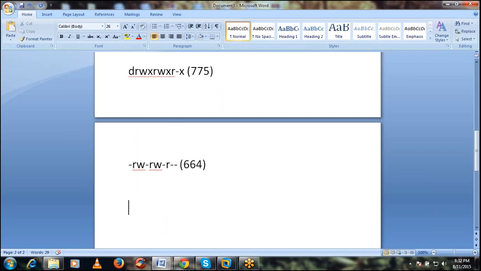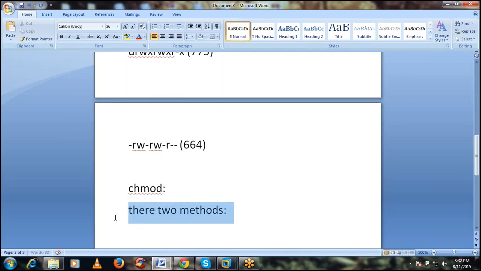Then how can we assign or change the permissions? By using the chmod command. Chmod stands for change modifications. Using this command you can assign, or invoke, as well as revoke permissions, depending on the requirement. There are two methods available.